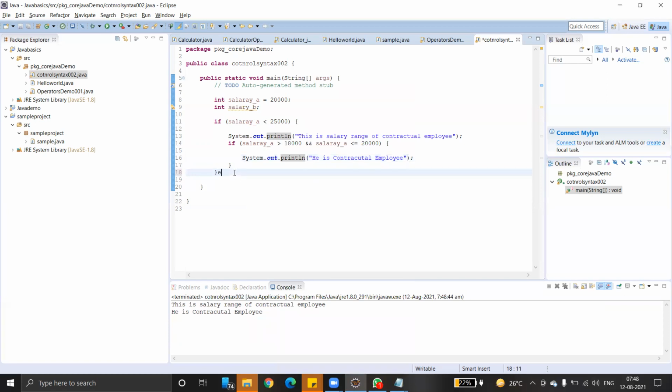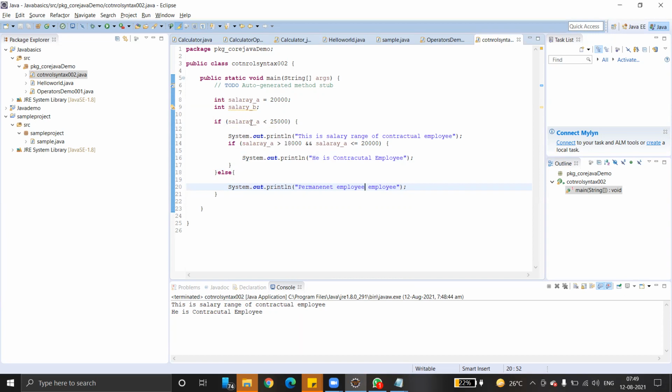Similarly, if you want to use else, else also very simple. We can simply use else here. Else, bracket, and else is a permanent employee. Control C, Control V. Permanent employee. This can be done. Control S. Then just execute this program, but still it will go here only.